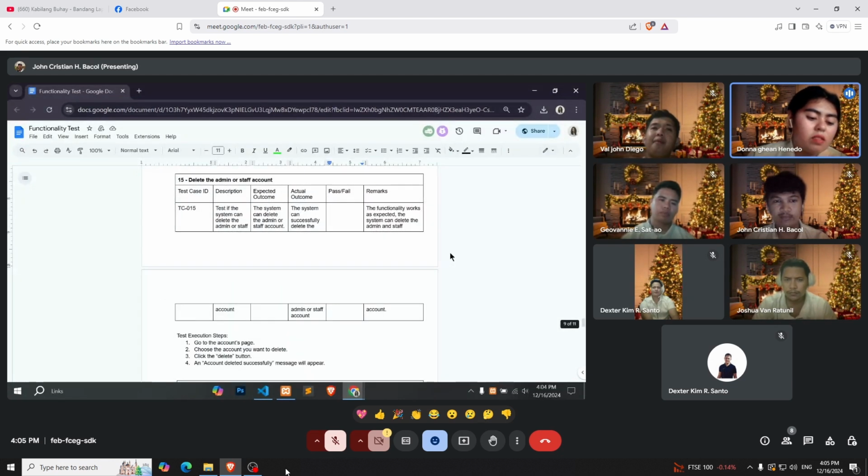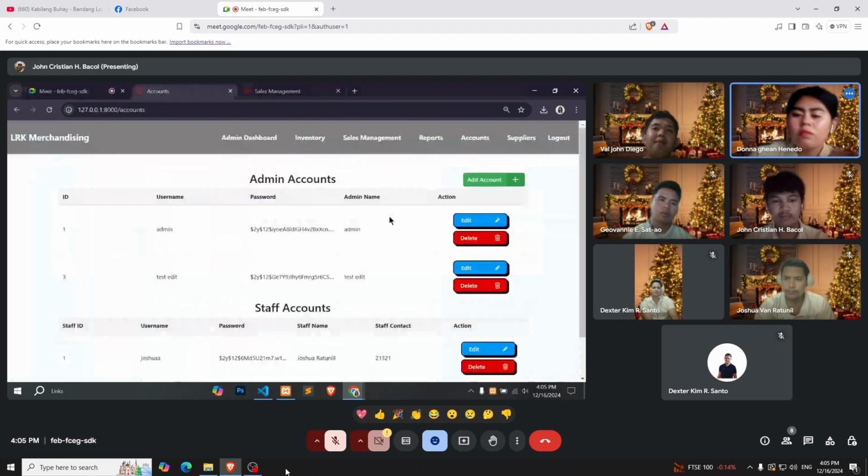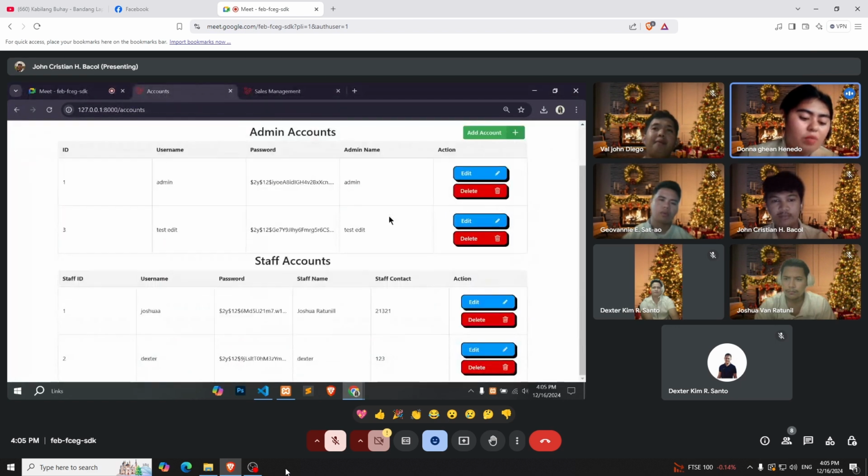15th scenario, delete the admin or staff account. Description: test if the system can delete the admin or staff account. Expected outcome: the system can delete the admin or staff account. These are the test execution steps.